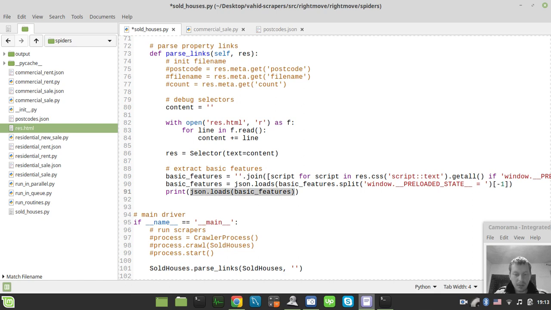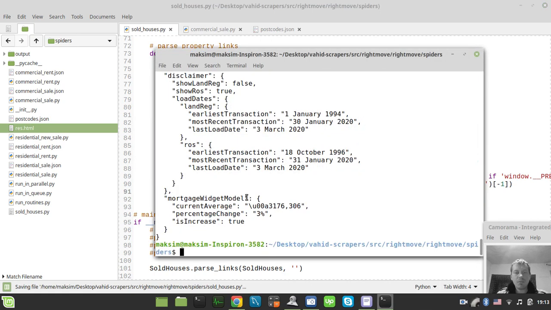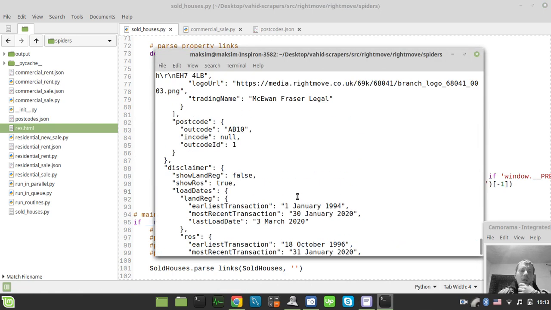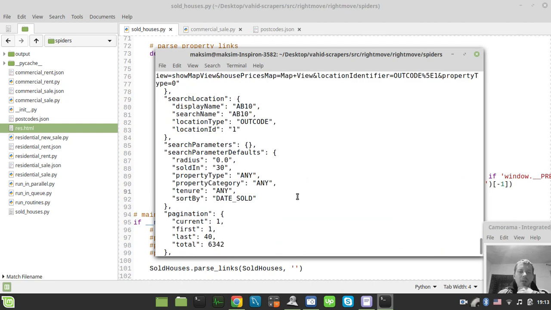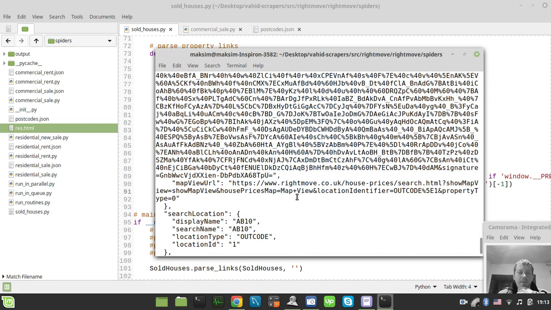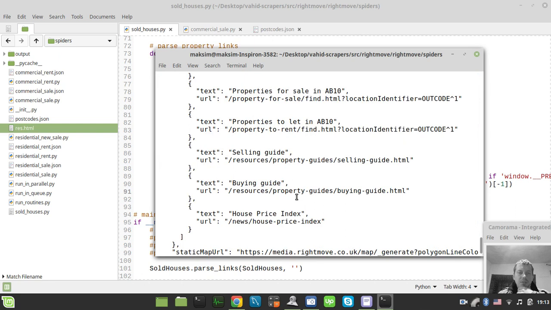So here I just want to say JSON dot dumps and the basic features, and I can specify the indentation equals 2 spaces in order to pretty-print this response. Okay, now we have really lots of data. Property to rent, property to sale, but